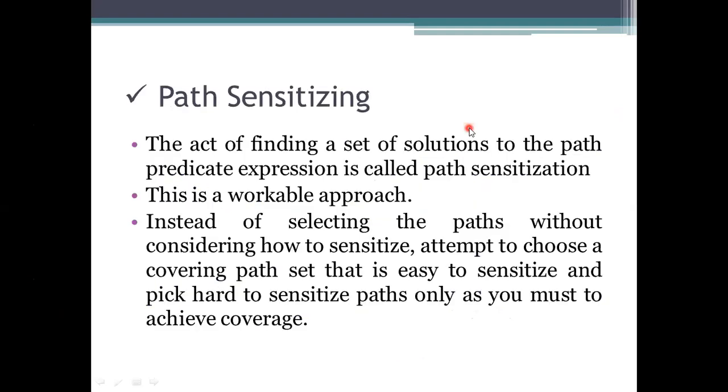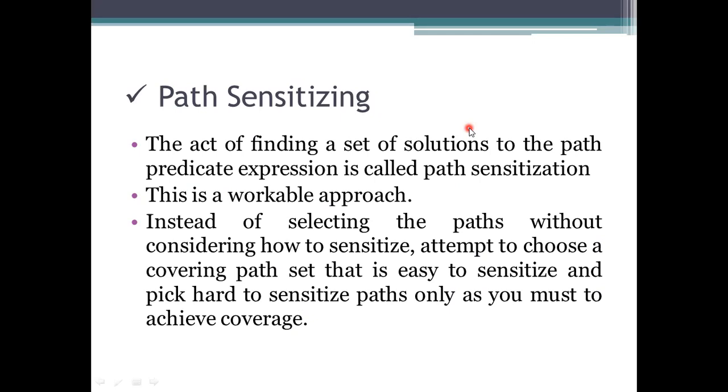Next one, path sensitizing. Path sensitizing means execution will be performed. What is the execution here? If you are getting errors, then only we can say that it is not executed. Whatever paths you have taken for reaching this exit statement will be considered as solutions for that. But reaching this exit statement is a solution for all.